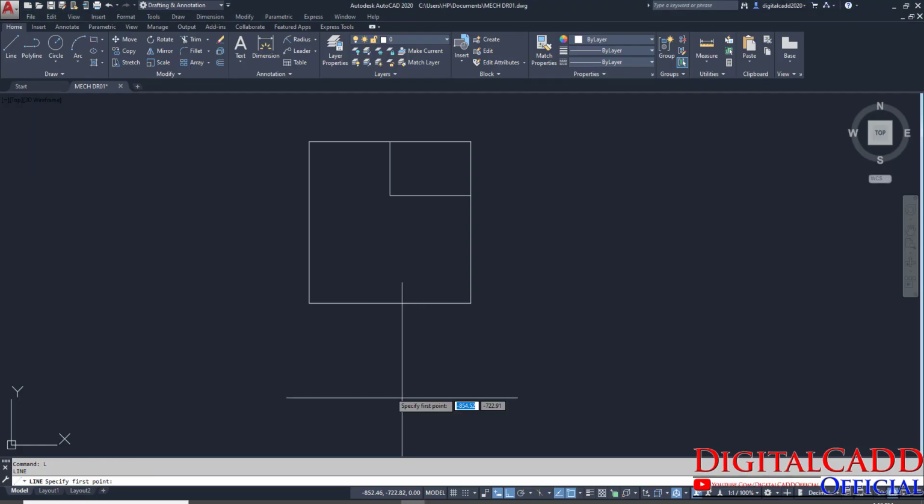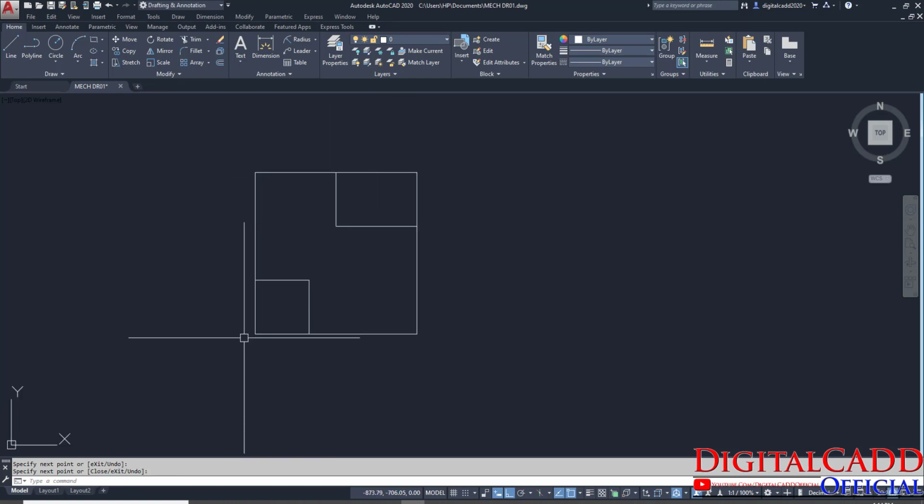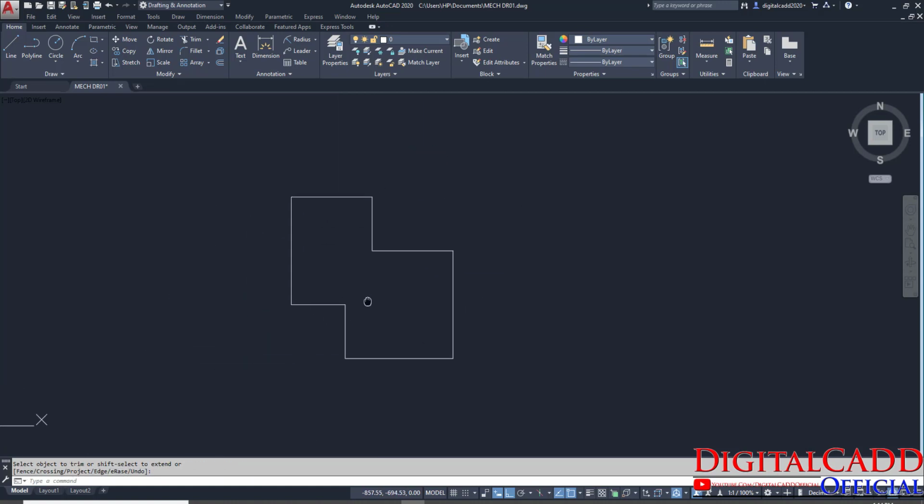So just L, enter. You can see we are going to track this 10, enter, 10, enter, and just perpendicular. Now we have to trim the extra line, TR, double space or double enter, trim them all. Here we have created the third drawing of this session.